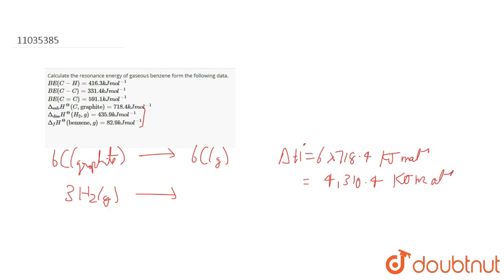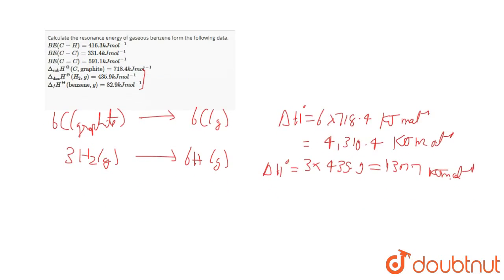gas will give you 6H of gas, and delta H for this would be 3 into 435.9, that is 1307.7 kilojoule mole inverse. Now if we write the last part of the equation, that is given the heat of formation of